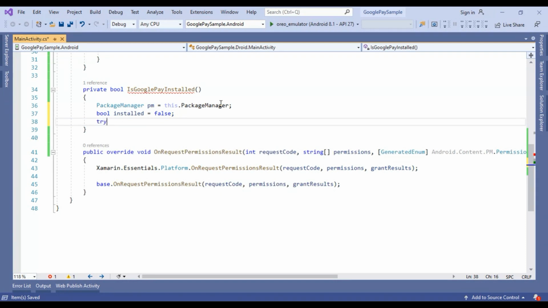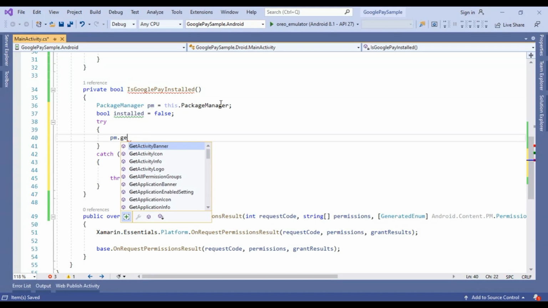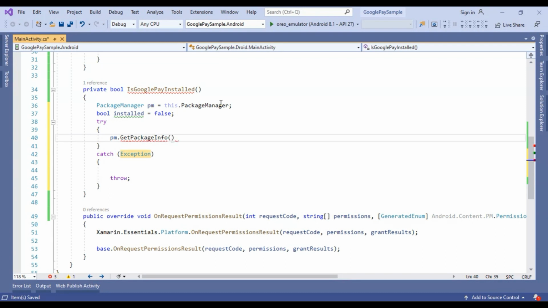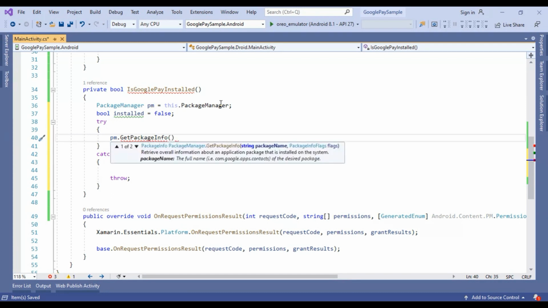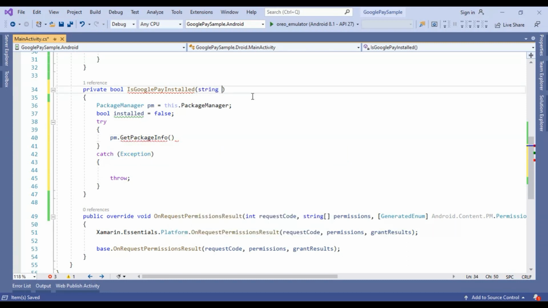I am going to create a try catch block, and inside this try block I am using pm dot get package info method, and using this method we need to pass the package name. We need to pass the package name for Google Pay.